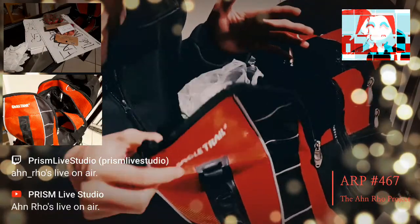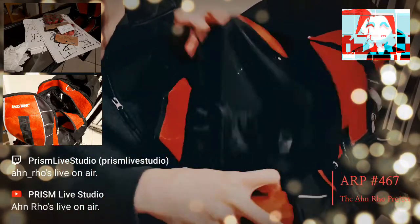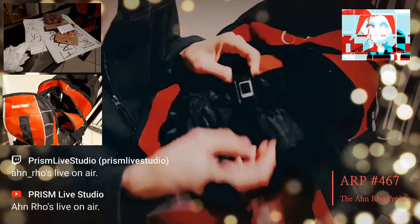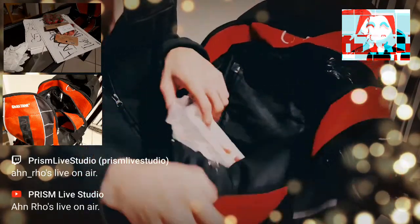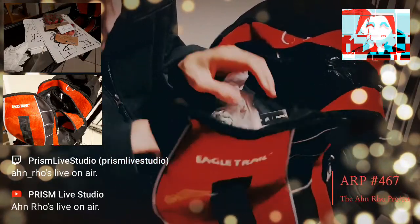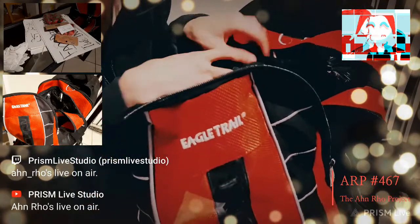All right, we have maybe about 6 major sections. One here opening, including all these Velcro straps here. They have some stuff on the inside, and we're going to get to that. So 1 and 2 probably. 3 is this pocket in the middle. This one has a whole bunch of papers. And then on